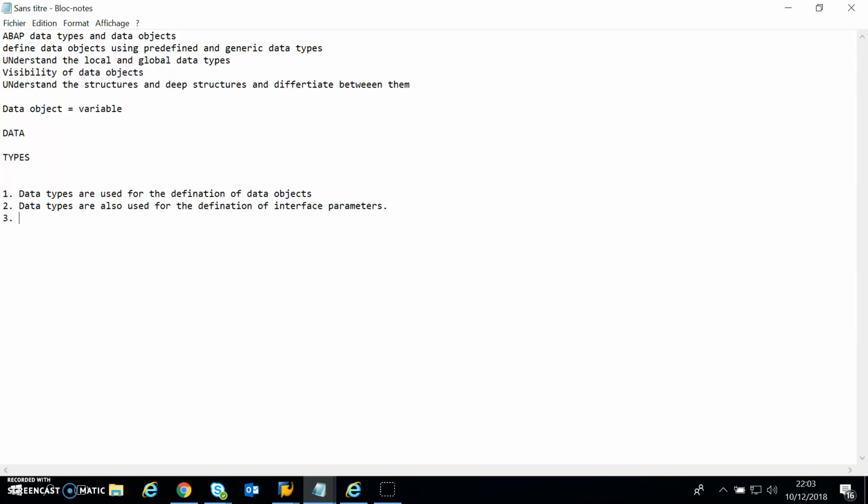So there's that, and let's see the next use of data types. Data types are also used for the definition of input as well as output fields in the ABAP program. So let's write it down. So in the ABAP program, basically they're used to declare